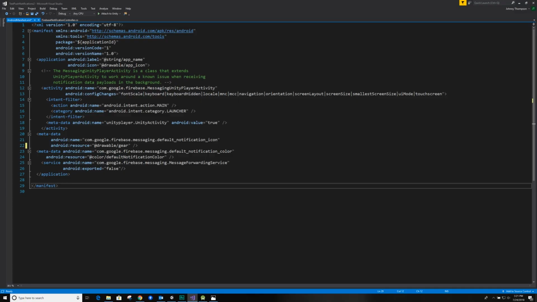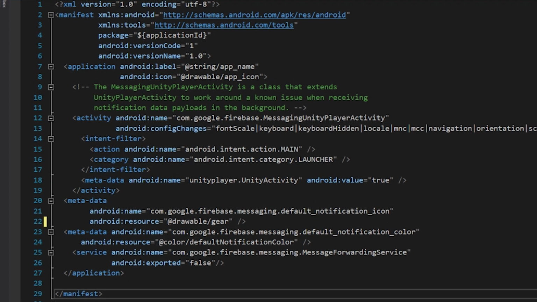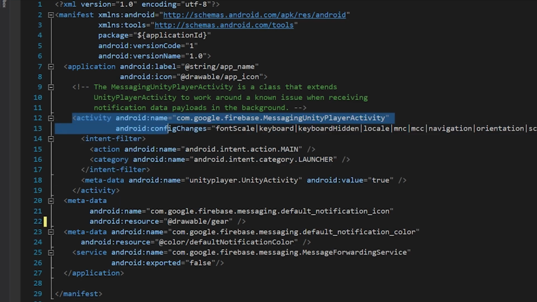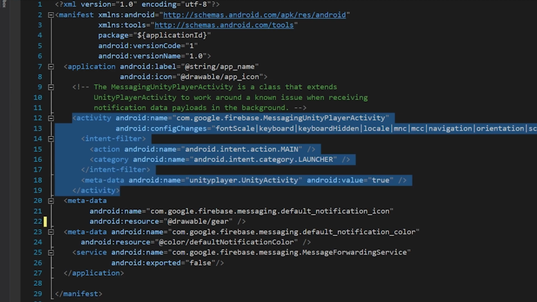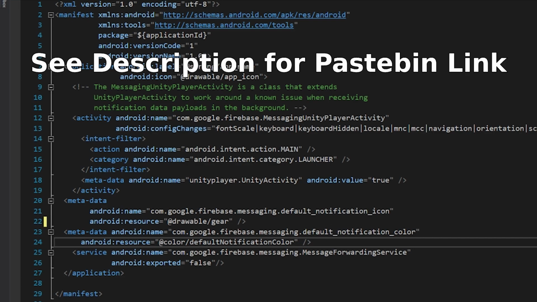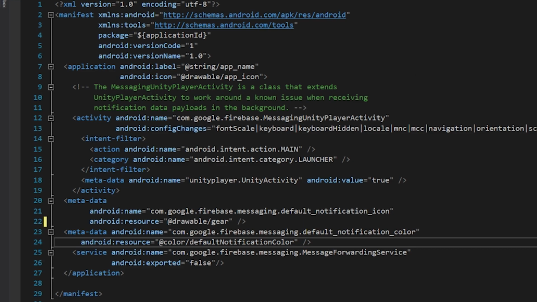So your Android manifest file should look something like this. And so here's where we actually set the default notification icon. We're going to do it outside of the main activity. So you'll see the main activity starts here and then ends here. So we're going to be just putting in these two metadata tags. So the first one is metadata, and the name of it is